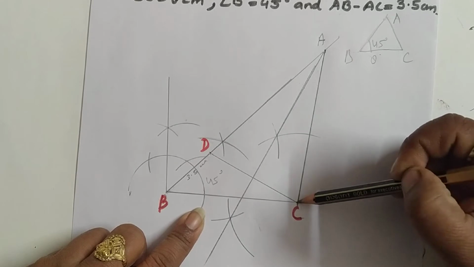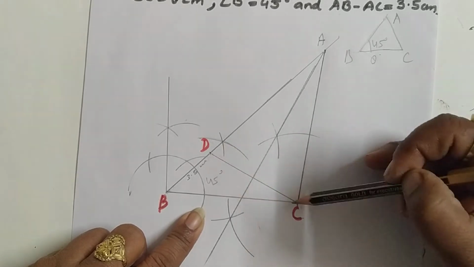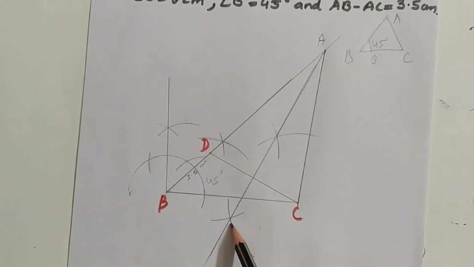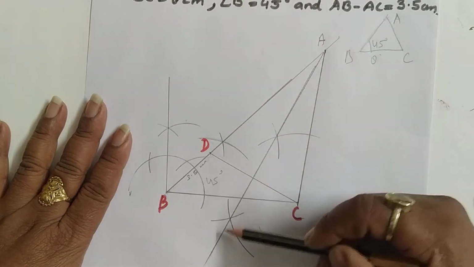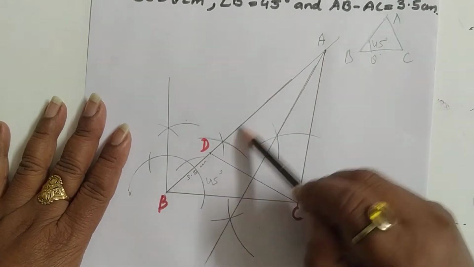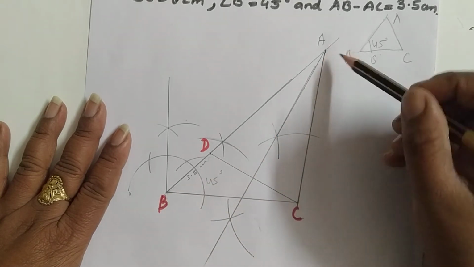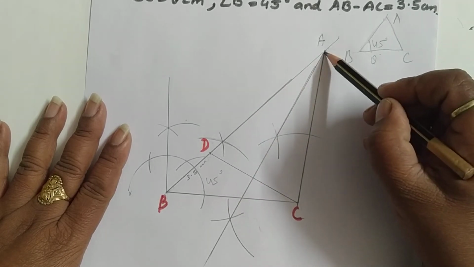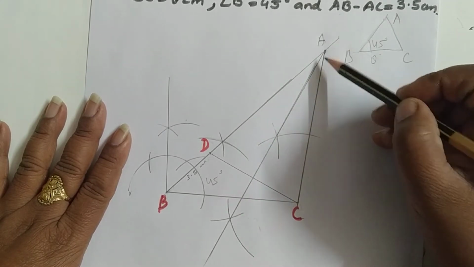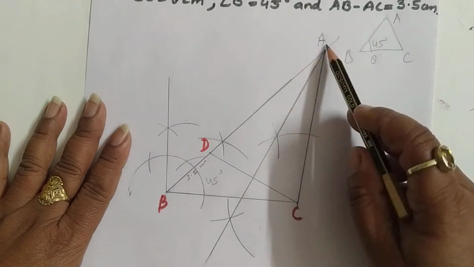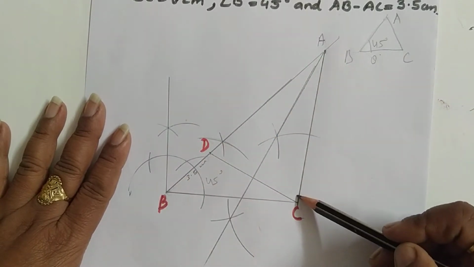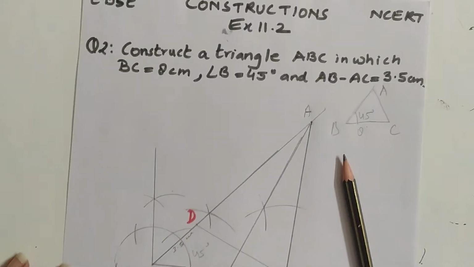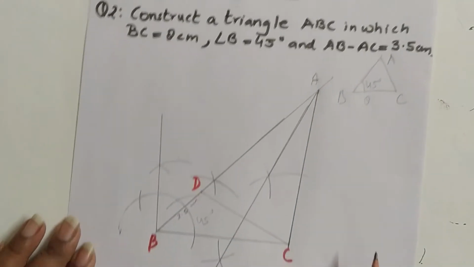Then you need to join it to the second end point of the base, that is D to C. After that we have to find the perpendicular bisector, and check whether this perpendicular bisector will meet the angle line that we have drawn from B. Yes, where the perpendicular bisector and that line intersect, that will be the A point, and then we need to join A to C. Clearly AB is greater than AC. So this is the first case that we have discussed when AB minus AC is given to us. Yes, so I hope it is clear.